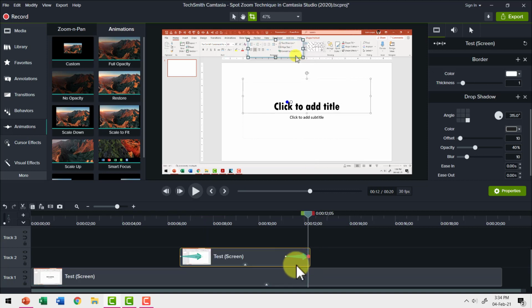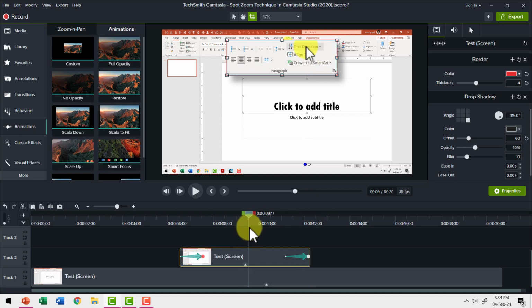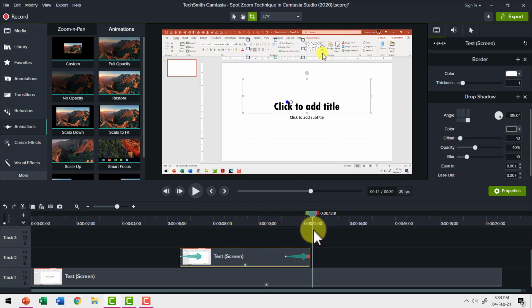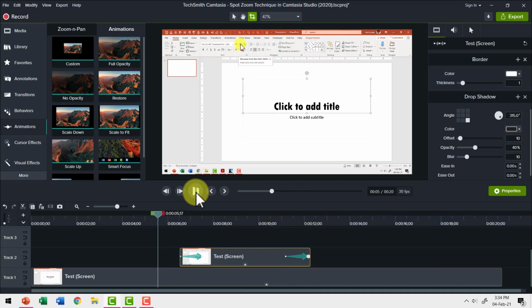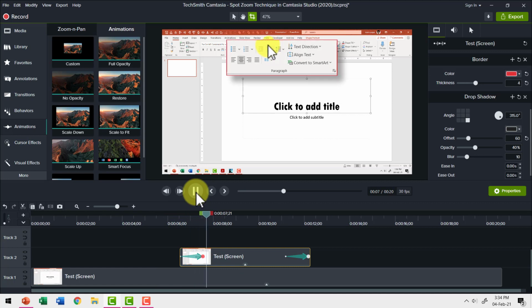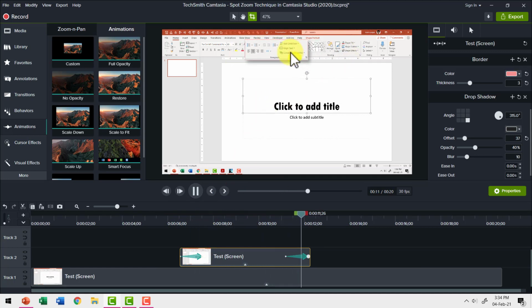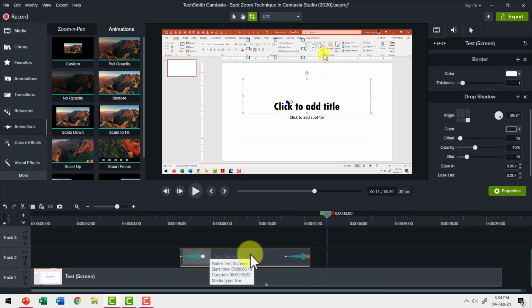Can you see here? As soon as I place this, you can see that we have this effect, which is the scale effect, is now brought back to its original position. Isn't it interesting? Now watch this. Let me play this here. There is a zoom in and we have the border and the shadow, and all the effect that we had done with the cursor is clearly visible, and then it has gone back to its original size. That's wonderful. Now all we need to do is to add our caption.